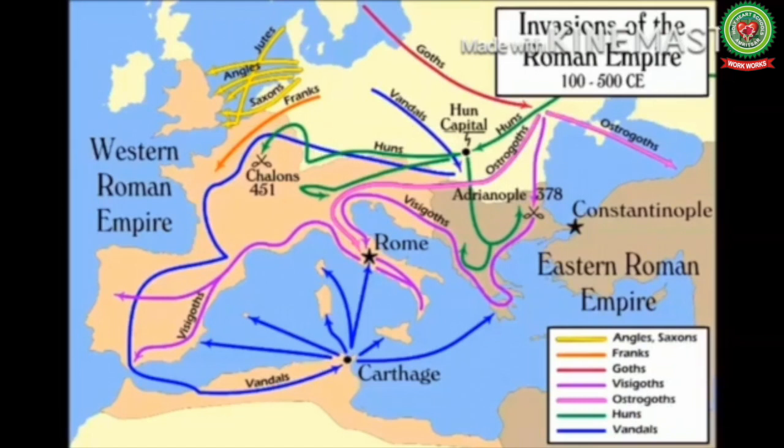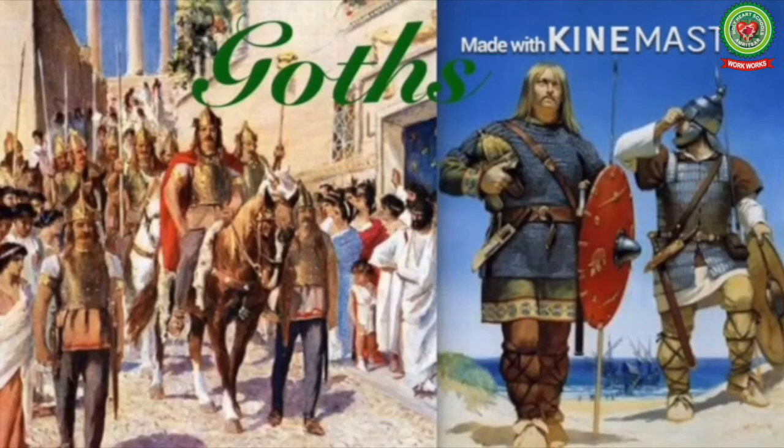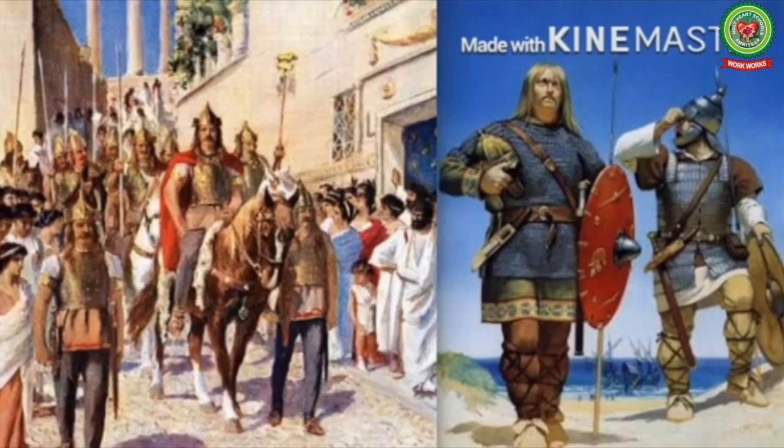The Germanic groups like Goths, Vandals, and the Franks have invaded the Roman Empire. The Roman armies were depleted, and because of it, there was a decline in the population. The Roman rulers were forced to give up much of their territory also. Do you know, Goths were the members of the Germanic people that invaded Roman Empire from the east between 3rd and the 5th century AD.